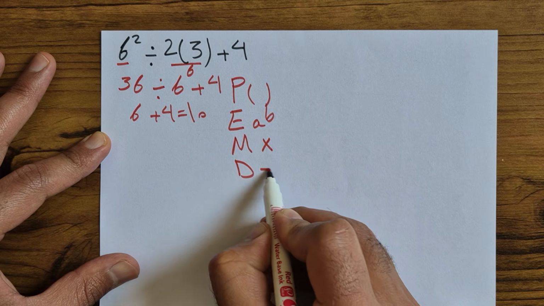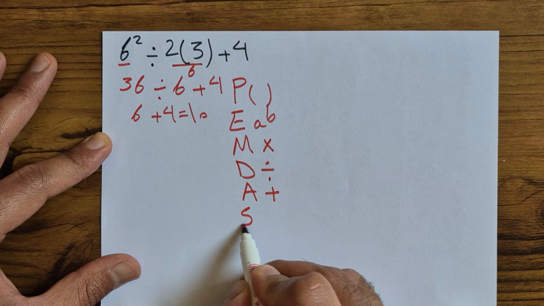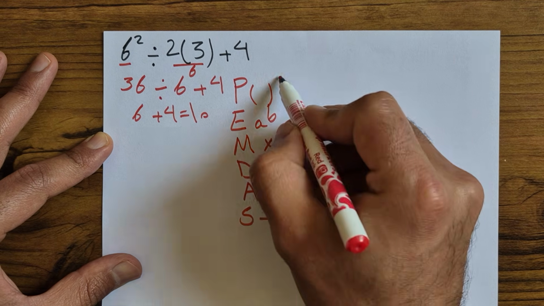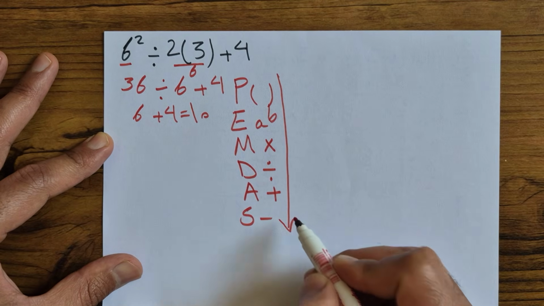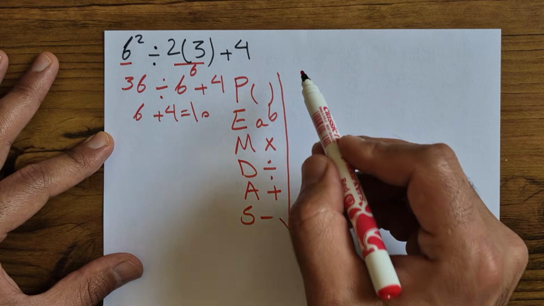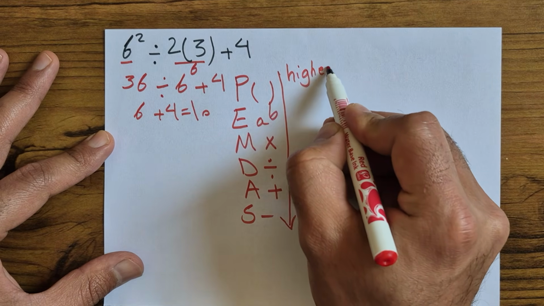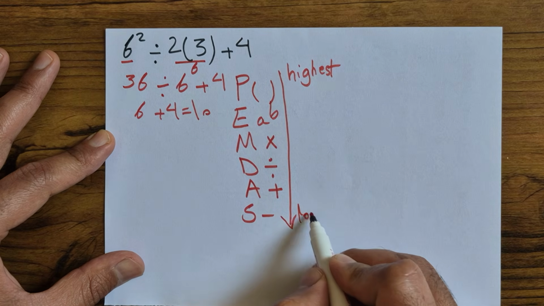D stands for division, A stands for addition, and S stands for subtraction. And this is a vector. This shows the order of operation. This shows the priority. So here we have the highest priority, and here we have the lowest